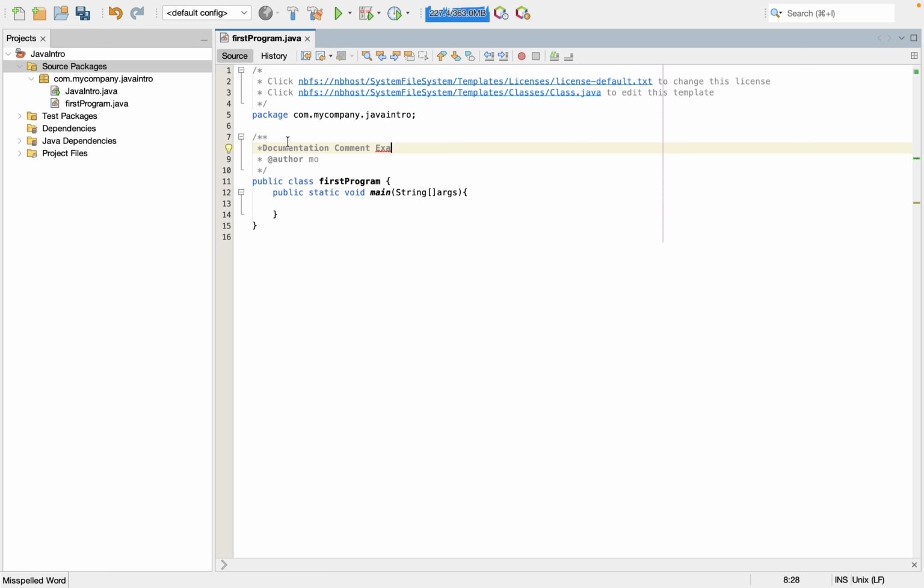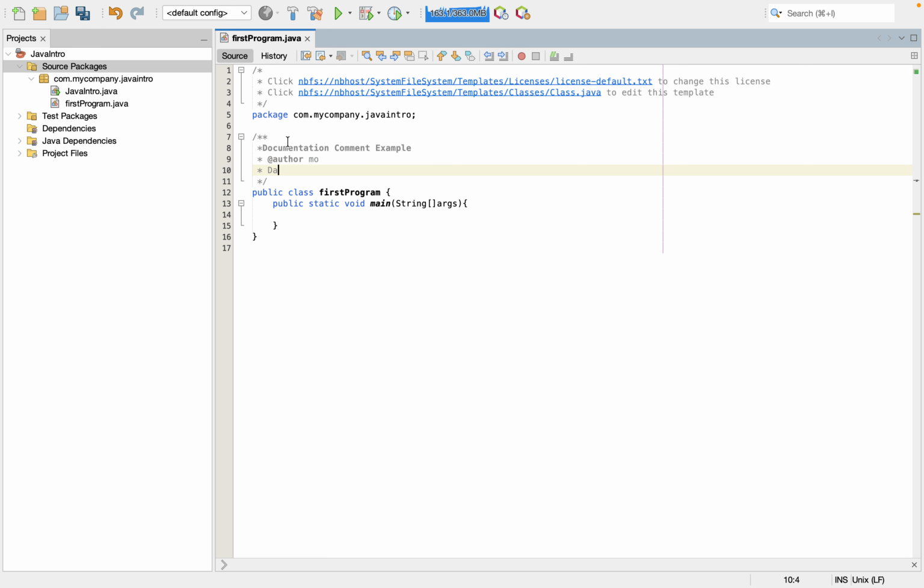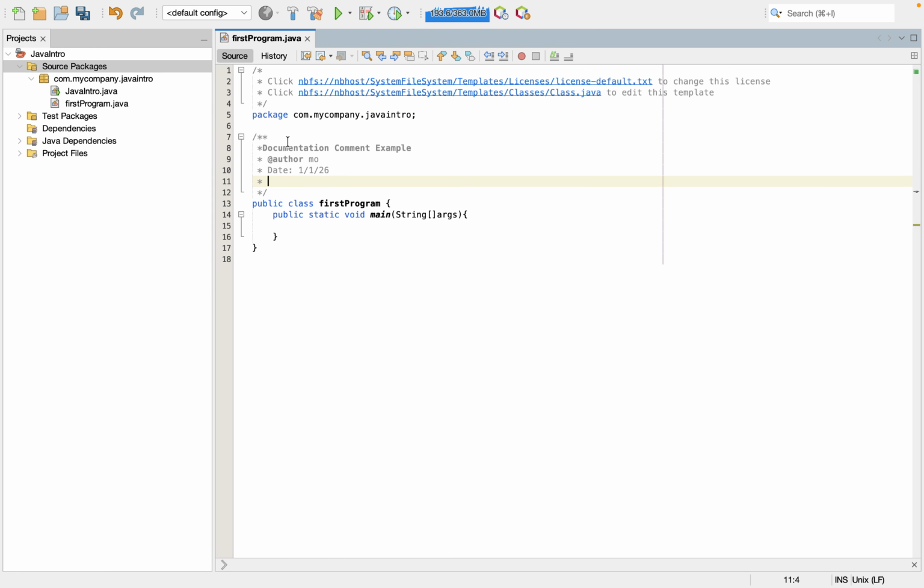And basically what you want to do in here is say the author will be whatever your computer name is. Another thing you could do is add a date, which I highly recommend because that way you know when you created it, things of that nature when you return. So we'll just do a random date